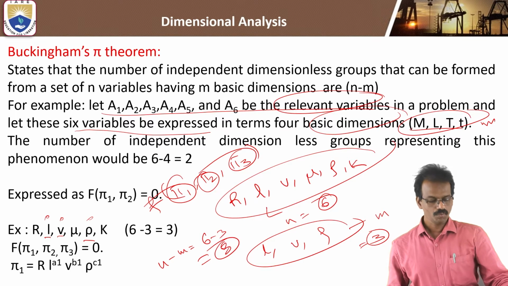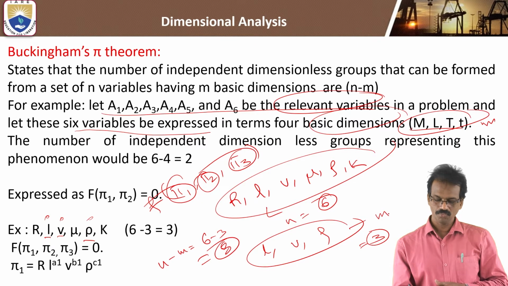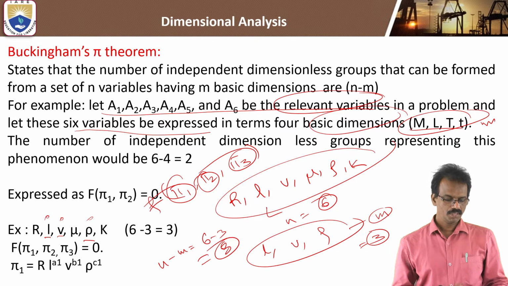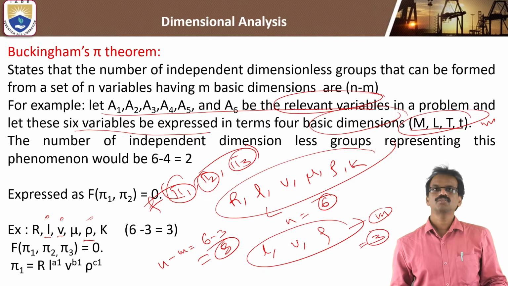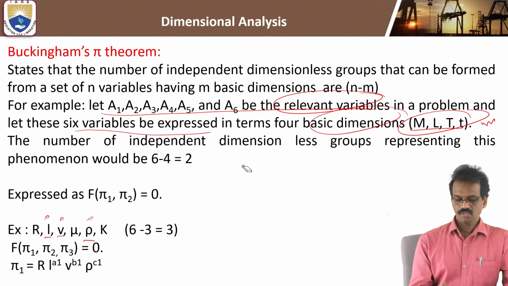So how to choose these three? If there is a temperature related parameter, you have to take that one, then m will be 4. Here there is no temperature, so thermal, it means kelvins, is not needed. So we are taking m is equal to 3 only. Okay, so first the pi 1 term,